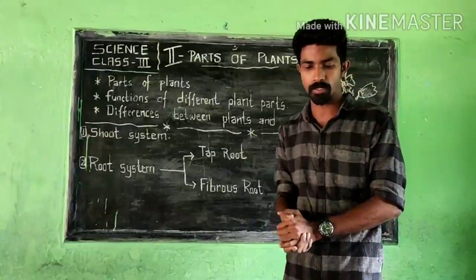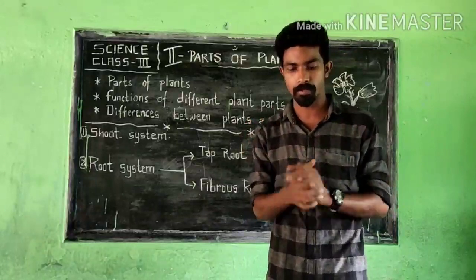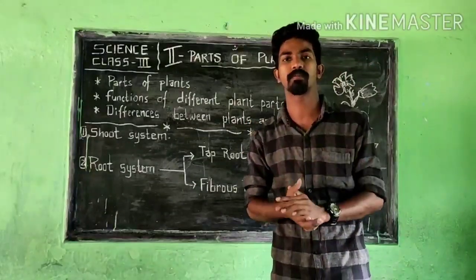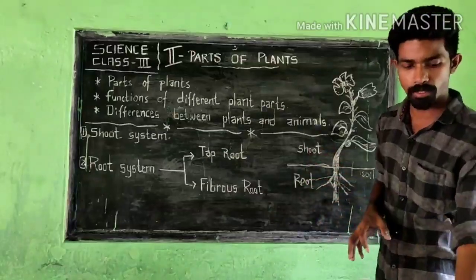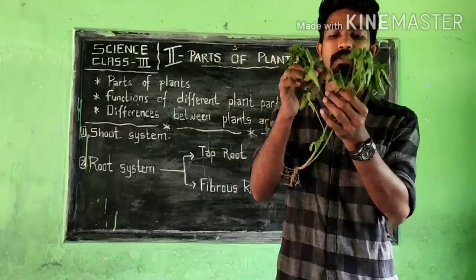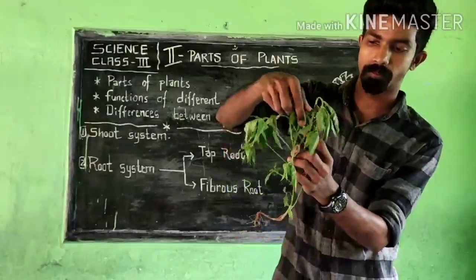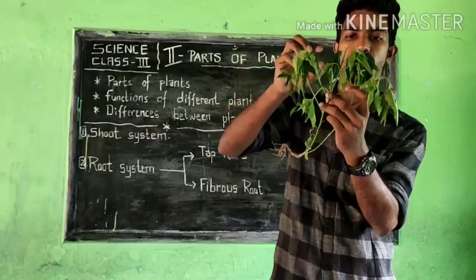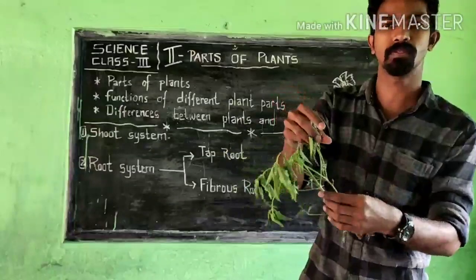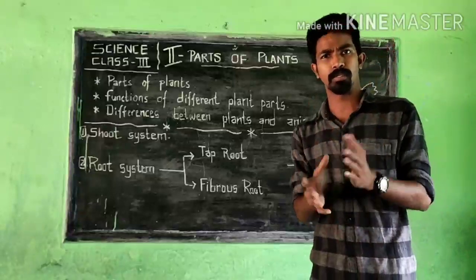So these are the things we are going to study today. Look at page number 10. You can see a picture of a plant and its parts. Plants have roots, stem and leaves. Most of the plants have flowers and fruits. You can see the green leaves, then the main stem, then small seeds, and flowers also. So these are the main parts of a plant. I think all of you know the parts of a plant.